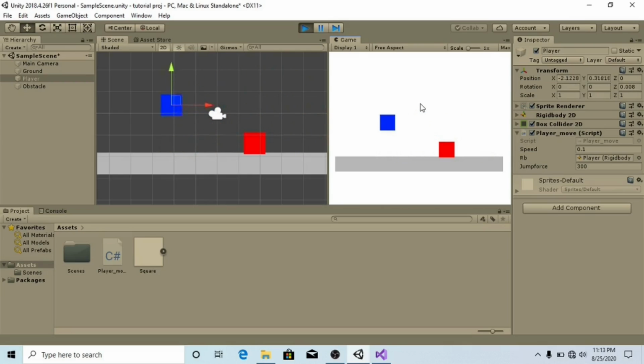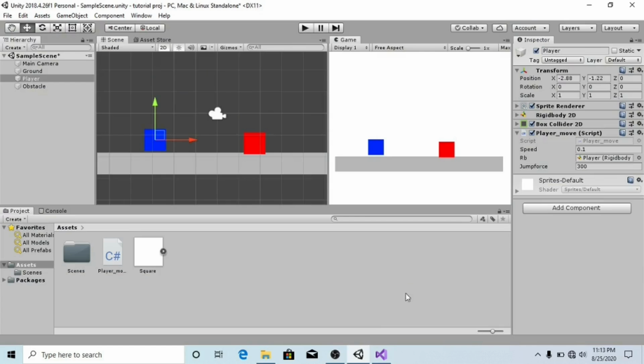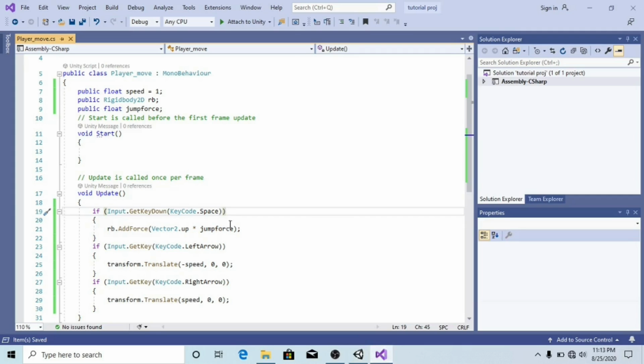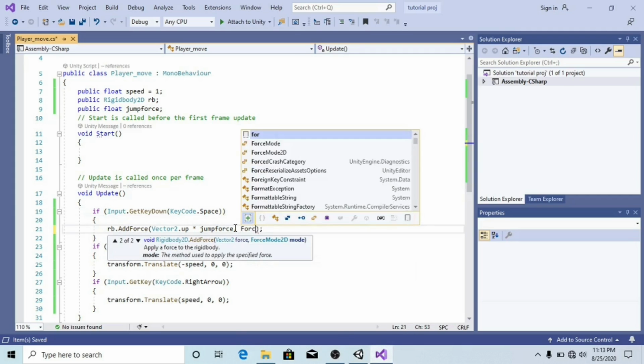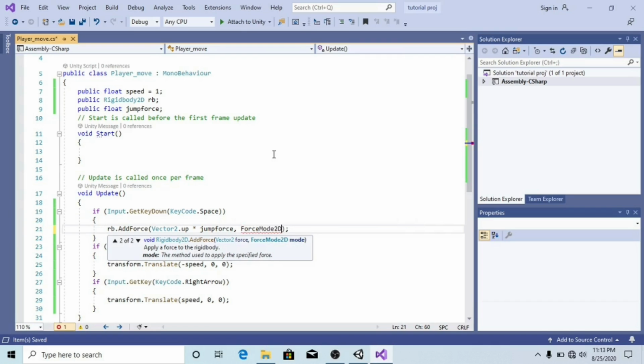But then the jumping doesn't feel too smooth. It seems to be very slow and not too responsive. Well, there's a particular kind of force we can use to make this more responsive, which is called the impulse force. So we're just going to go here and add force mode 2D dot impulse, and then when we add this, going back to Unity,